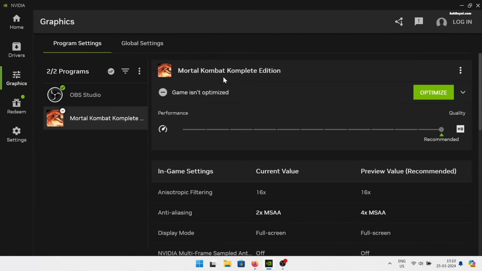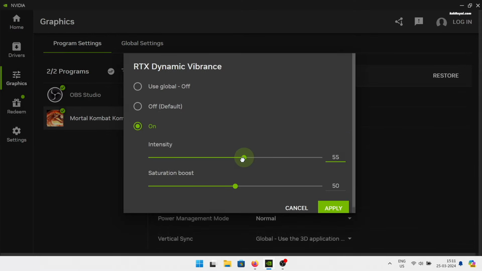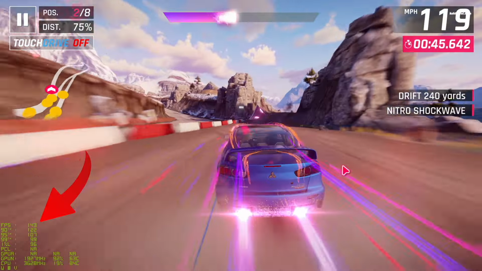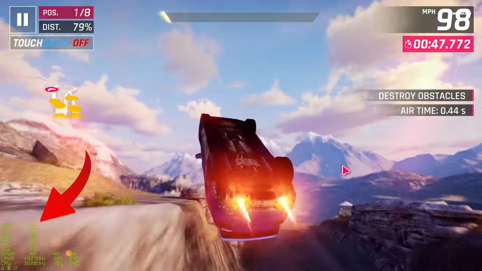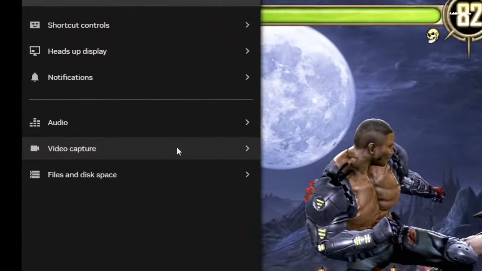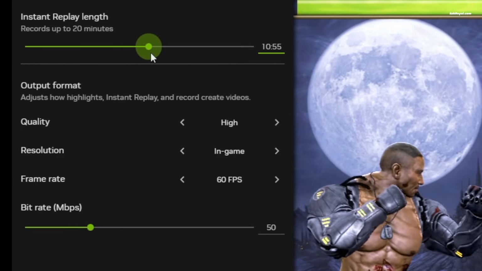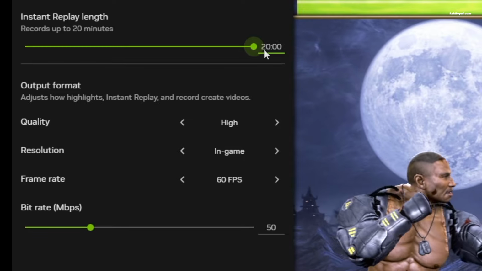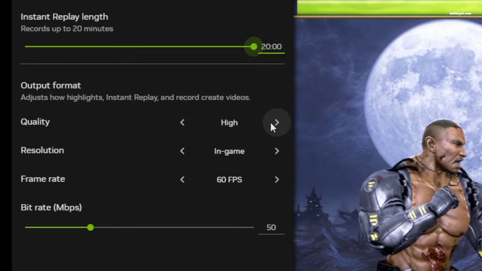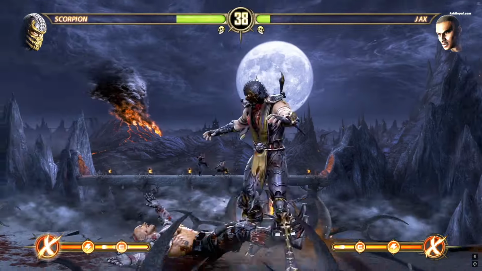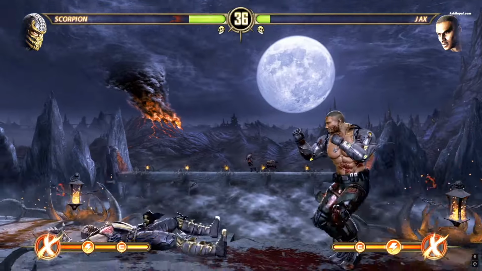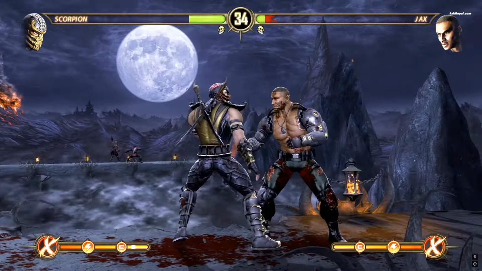This is the all-new NVIDIA application or control center for PC gamers and creators designed to keep your PC up to date with the latest NVIDIA drivers, optimize games and applications with the new unified GPU control center, capture the gameplay with powerful recording tools through in-game overlay, and more. In this video, I'm going to demonstrate how to install the NVIDIA application on Windows 11 and optimize the gaming performance. Let's get started.